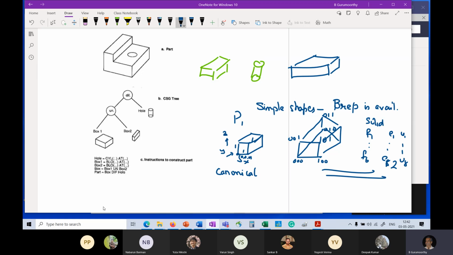Any thoughts? How can we do that? How do I go from a cuboid, which is a unit cube centered at the origin, to something that is located far away? So let's assume that this is the origin reference frame. Then how do I get this?